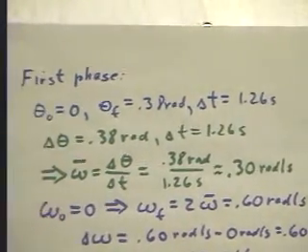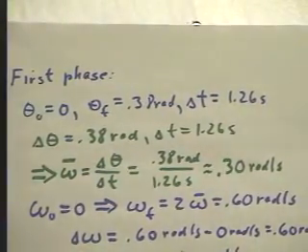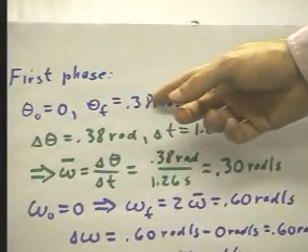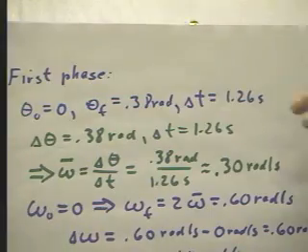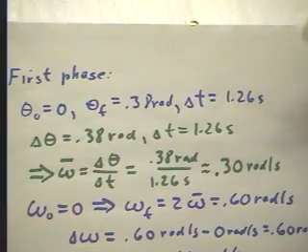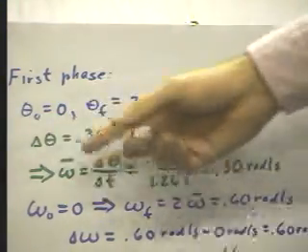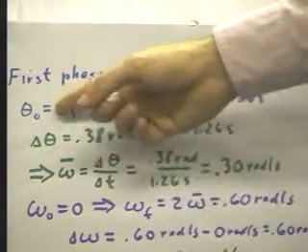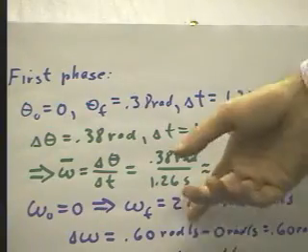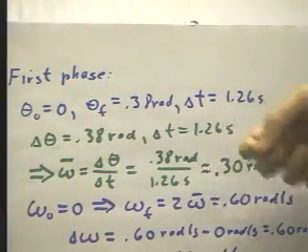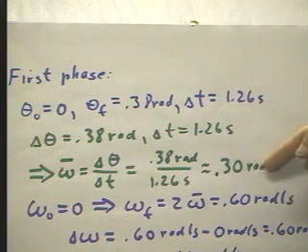So during the first phase of motion, we start from theta equals 0, end up at 0.38 radians. The 0.38 radians between the start and the point where the washer hits the floor of the table or whatever, and a delta t of 1.2 seconds as we measure with the computer timer. And we get delta theta, a change in angle of 0.38 radians, from 0 to 0.38 radians in a time of 1.26 seconds, and this tells us that our average velocity is 0.38 radians over 1.26 seconds, 0.30 radians per